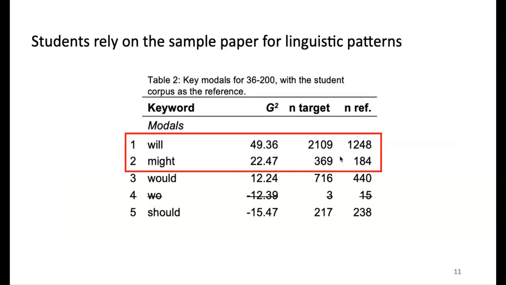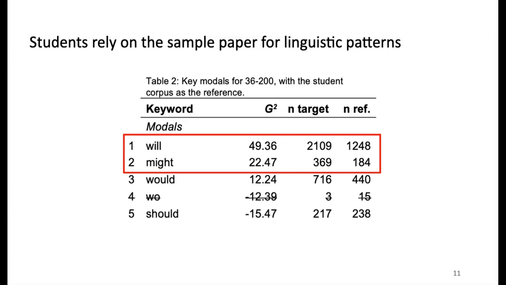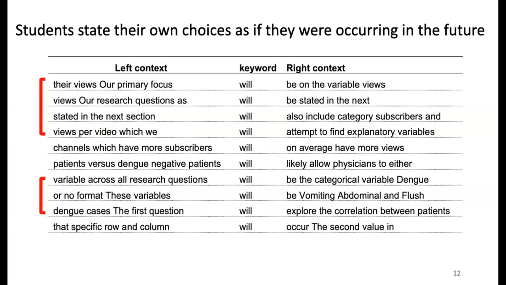So we can look to the key modals to illustrate similar things, and here I want to focus on the top key modal, "will." And the word "will" in published writing serves a variety of different functions, and most of those functions are realized in the student corpus as well. However, there is one use of the word "will" where students are referring to writing that comes later in the paper, so sort of expressing futurity within the text itself, speaking to the reader's reading process.